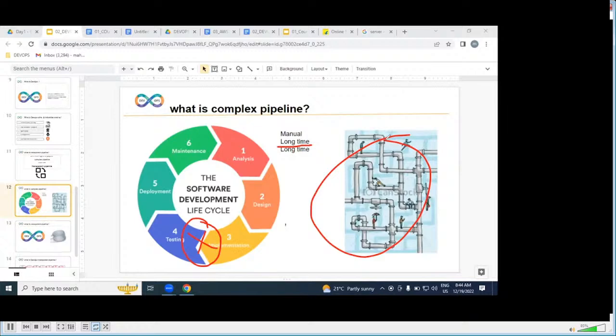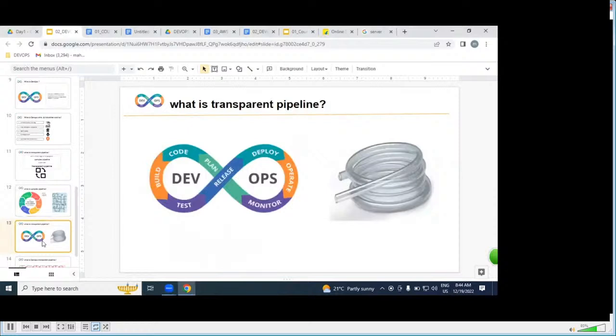That is the reason we replace it with an automated transparent pipeline using DevOps. The same water pipeline, but transparent.